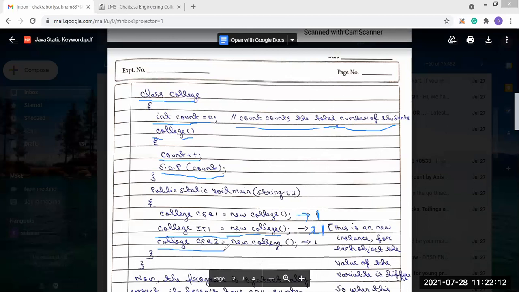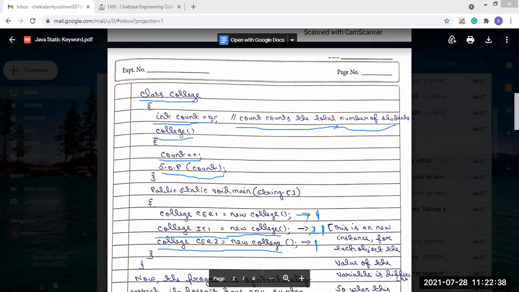Same as that, when another object is created, let's say CC2, another new object, what will the value be? It will again remain 1, because whenever a different object is created, it reads the count still as 0.